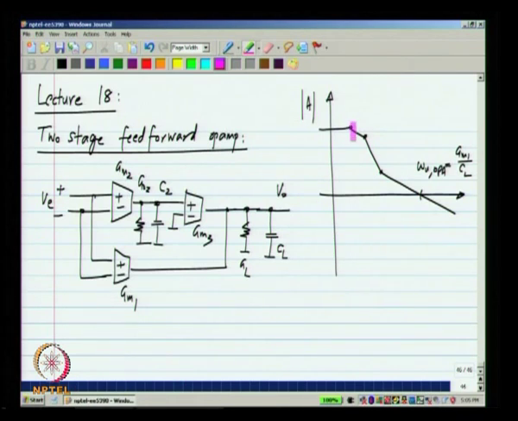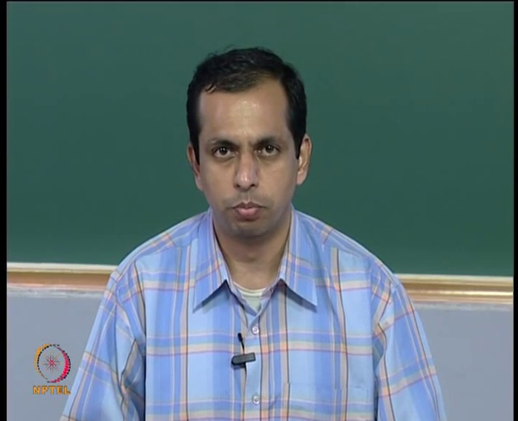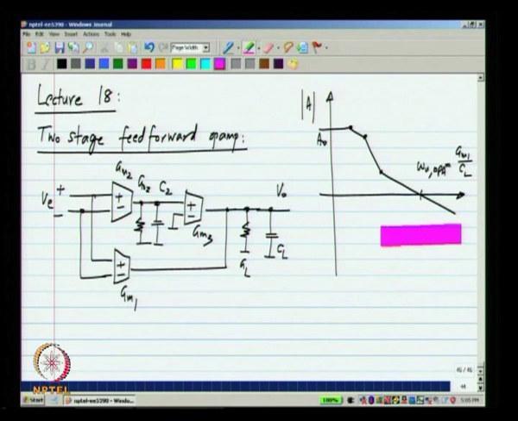Also, we have a finite DC gain here. In fact, it is to increase the DC gain that we went to a 2-stage op amp. But if we put all of this detail into the expressions while evaluating stability, it becomes quite complicated. Also, I have mentioned earlier that the stability depends on what happens in this region, what happens to the loop gain in that region.